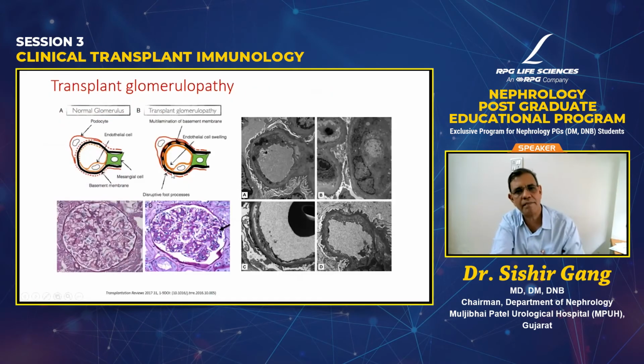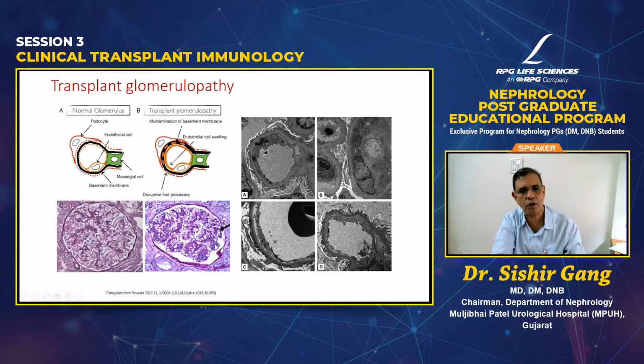Again, the same injury can happen in the glomeruli, and you can get transplant glomerulopathy, where you get proteinuria and C4d deposition, but no other immunoglobulins are seen. This is how you differentiate it from MPGN, where you also get double contouring. You see double contouring because a new basement membrane has been laid down.